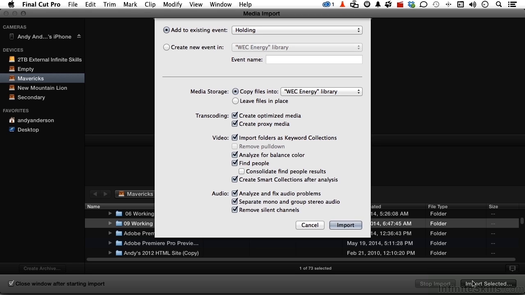Now remove pull down applies to source media files recorded in very special frame cadence formats. Chances are, in most cases, that's going to be grayed out for you. Analyze for balance and color kind of speaks for itself. It's going to check the color. Find people is one I kind of like. It analyzes the clip for shot composition and facial detection. You can choose to consolidate find people results, and that averages the find people results based on 2-minute sections of